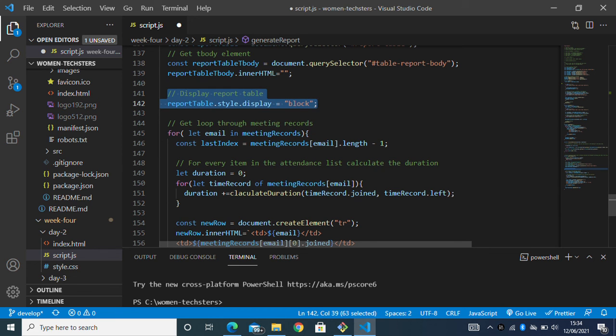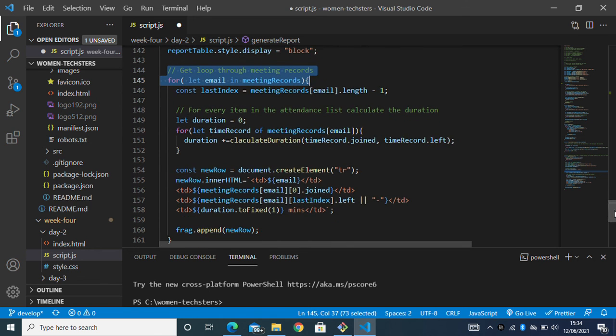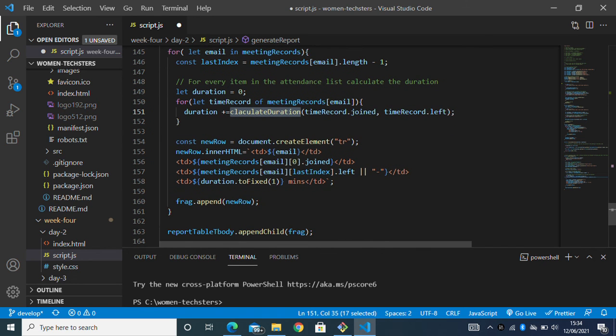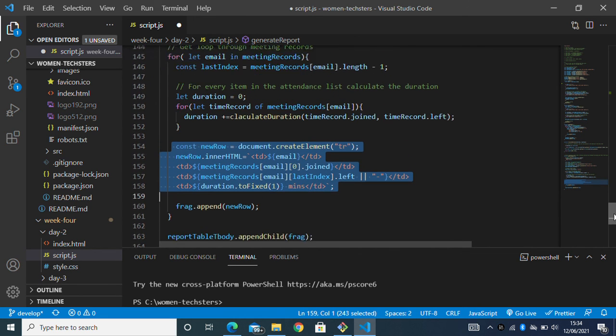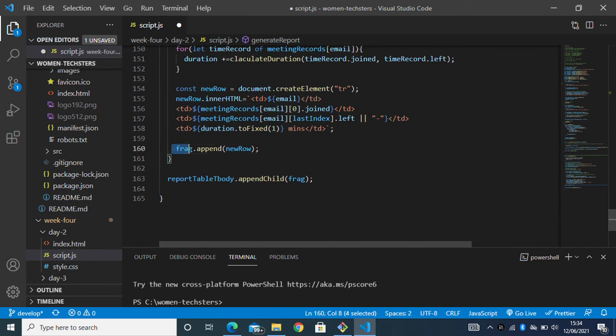Then looping through the meeting records, I set the duration for a particular email to 0. And then for each time that the user is in the meeting, we calculate the duration. And upon calculating the duration, we add it to the existing duration for that user. At the end of this loop, we have a new table row with the report for that particular email displaying there, and then we append it to the